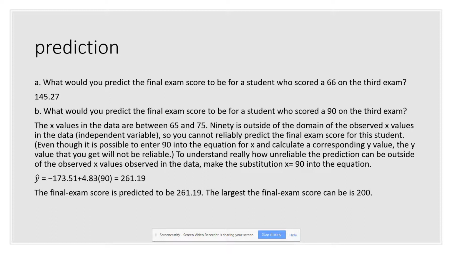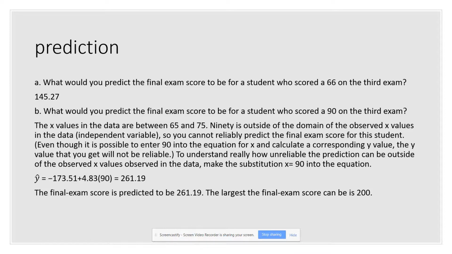All right, so what would you predict the final exam score for a student who did 66? I would get 145.27. All right, what would I get for somebody who got a 90? Well, I can't do that because remember I said my X values were between 65 and 75? But just say that you did it and you put the 90 in, you get